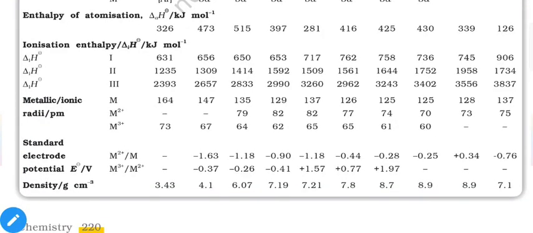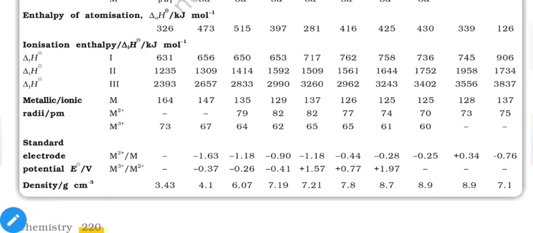Then we have ionization enthalpies, and we have three different ionization enthalpies. That means when we remove one electron, you will get a +1 ion, then you can release a second electron, that means +2, then a third electron, that means +3. So we can remove three different electrons from the given metal, and respectively you will get +1, +2 and +3 ions. Each removal of an electron becomes more and more difficult. That's why first ionization enthalpies are always lower than second, and second are always lower than third.